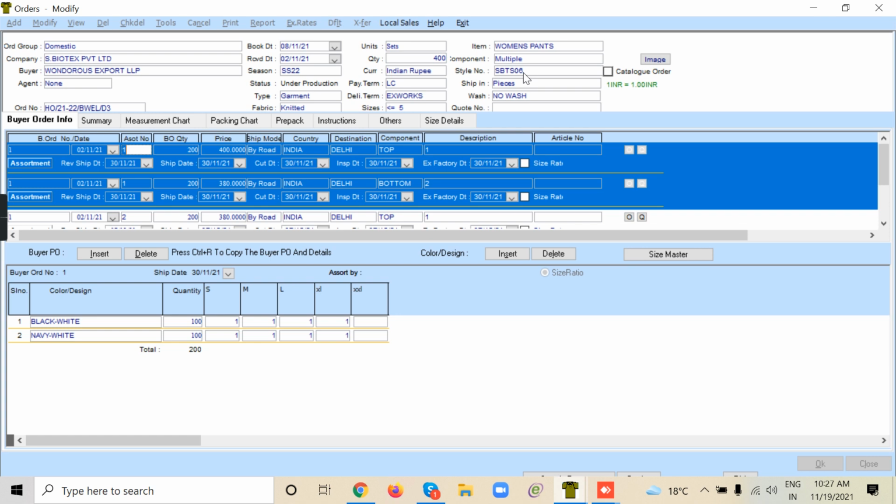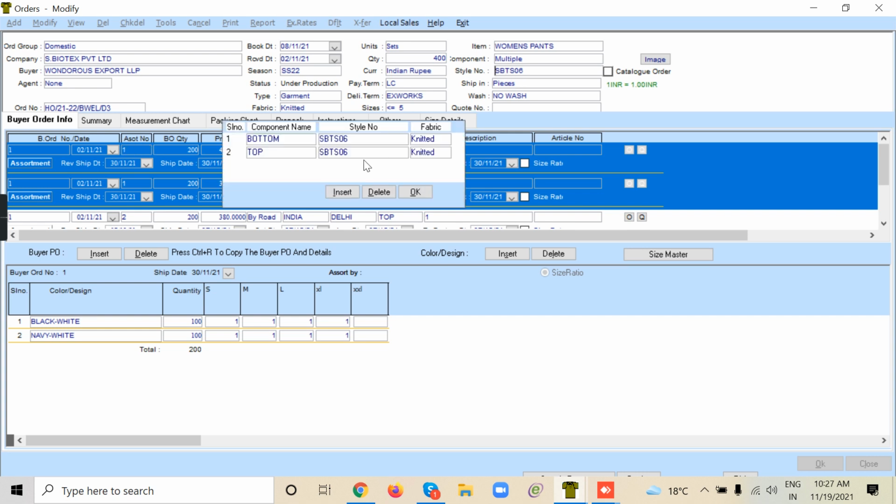And for this order, you can see there are two components, top and bottom. So it's a woman's pant. You have a top and bottom, two components in that order. It's a set order, right?